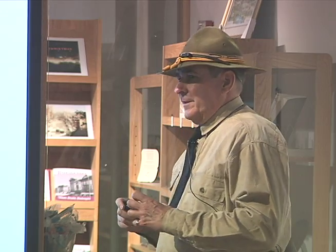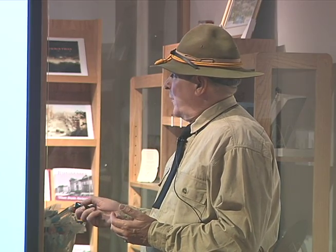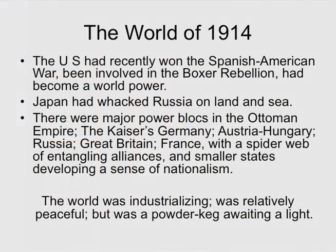As an island nation, they realized that there are resources out there that they would like to have access to. And they had just pretty well trampled all over a major European power. So they were feeling their oats and getting kind of frisky. You had major power blocks in the Ottoman Empire, which covered most of the Middle East and North Africa. You had the Kaiser's Germany, Austro-Hungary, Russia, Great Britain, France, and then you had this spider web of entangling alliances